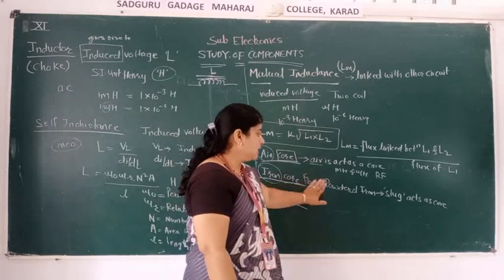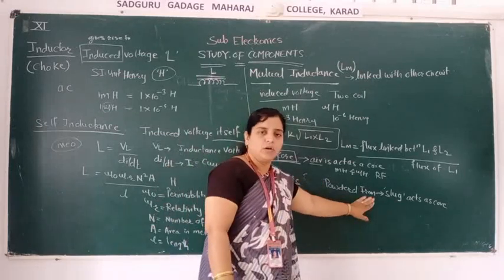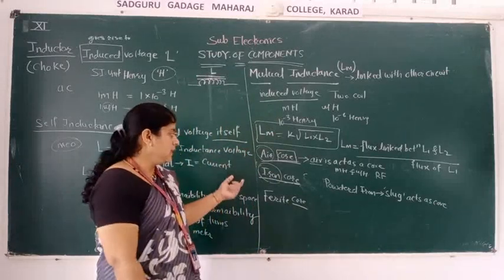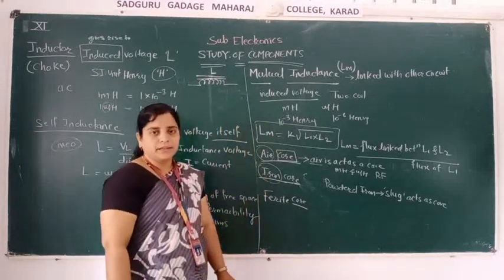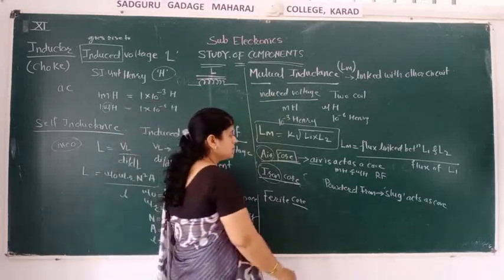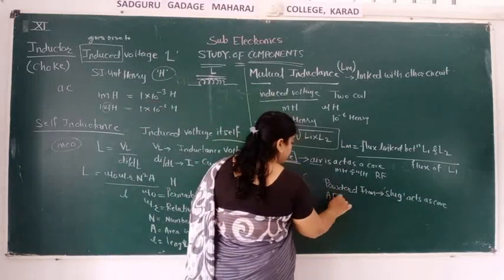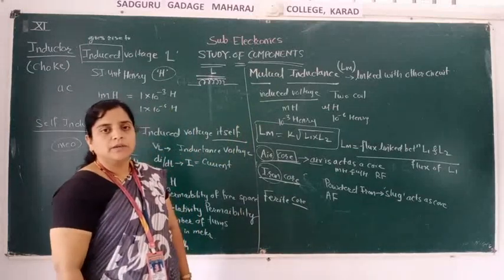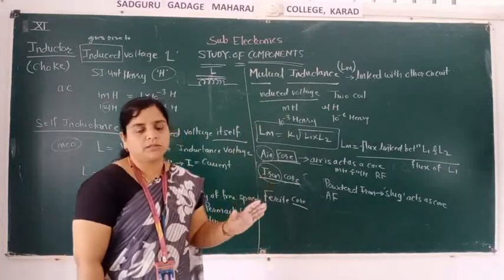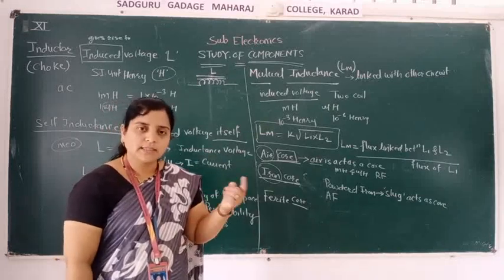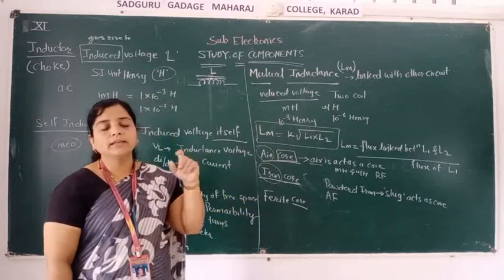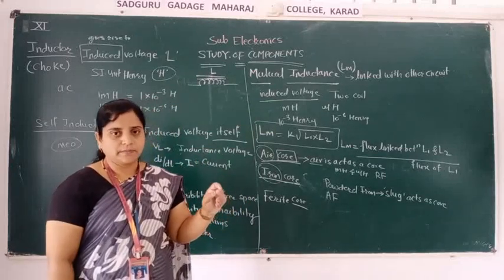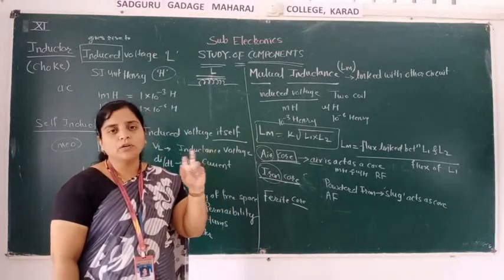Iron means powdered iron, or it is also called a slug. It acts as a core, and then it is called the iron core, and it is used in audio frequency. Audio and video mean what? Audio means you cannot see the picture. Video means you can see the picture. In audio frequency you can only hear the voice.